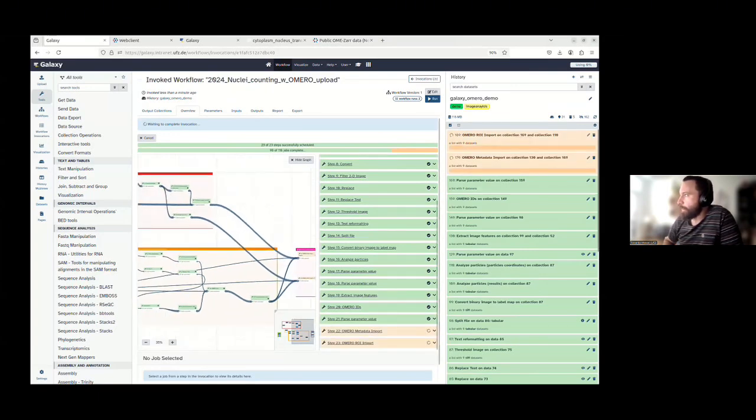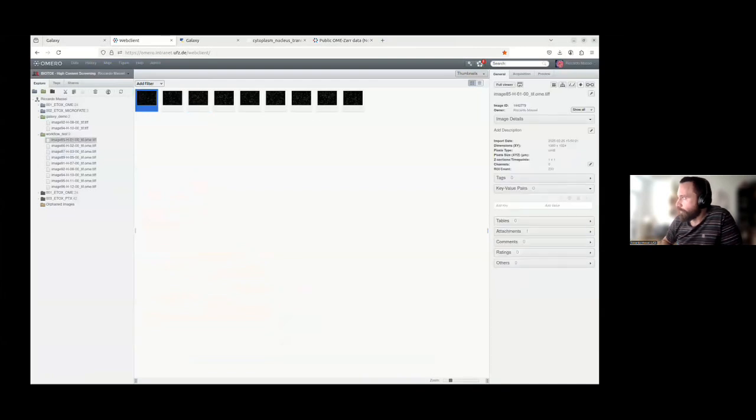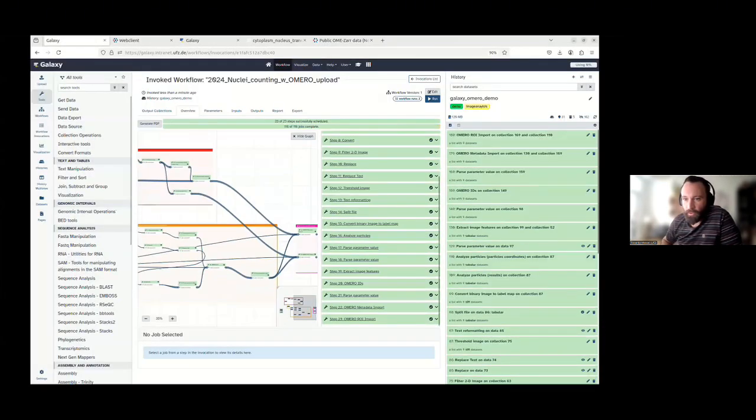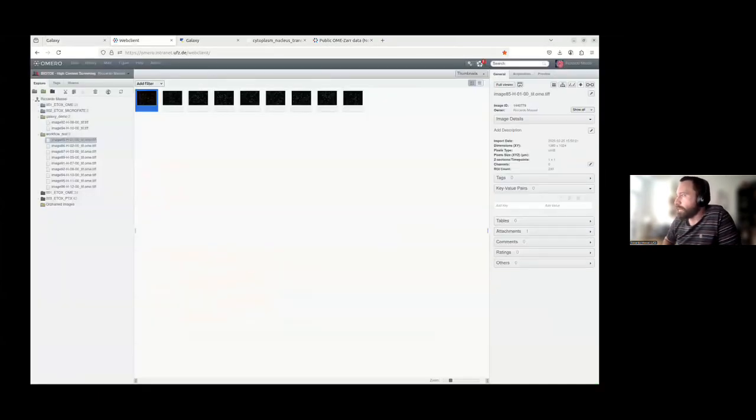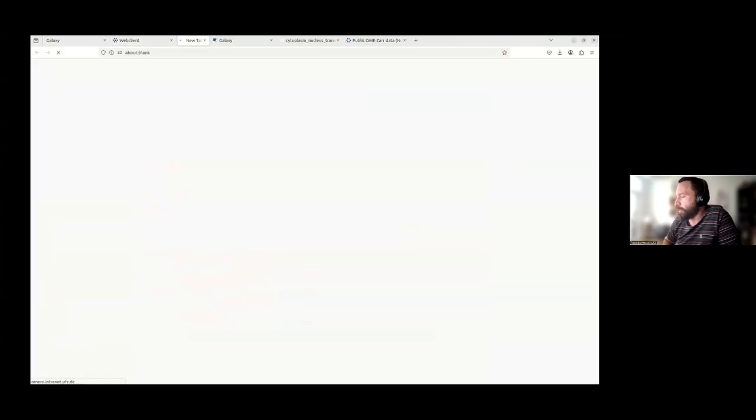Now it's running, and this will be complete quite fast. Here, the ROI you can see are already there. So the regions of interest have already started to be uploaded. And I want to underline that this was created in Galaxy. So this is not a tabular file or anything that we're creating within the workflow. Everything is done. And you can see that you also have a file attachment.